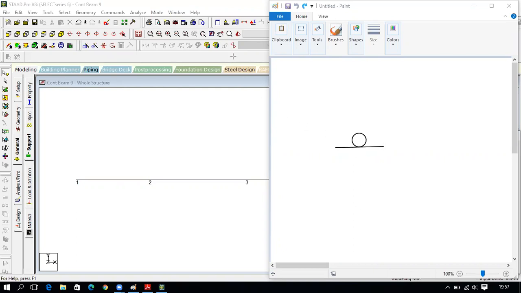So this roller, when you push it, it can move either to the right side or left side. It is not having any restraint along the x-axis. It can easily move along the x-axis. So the best example for this is your rolling gate.